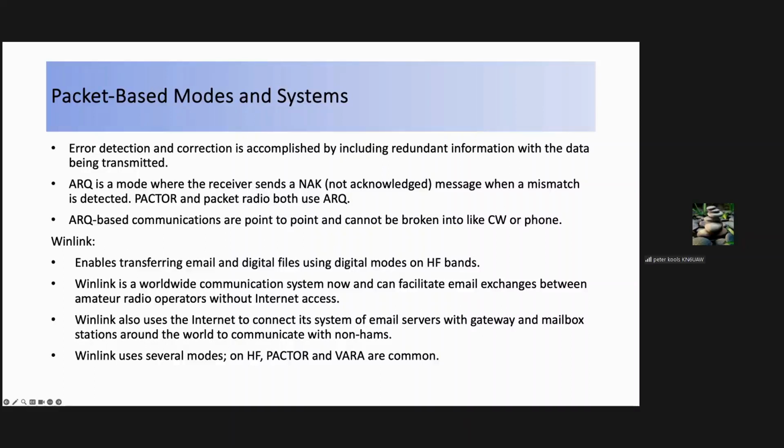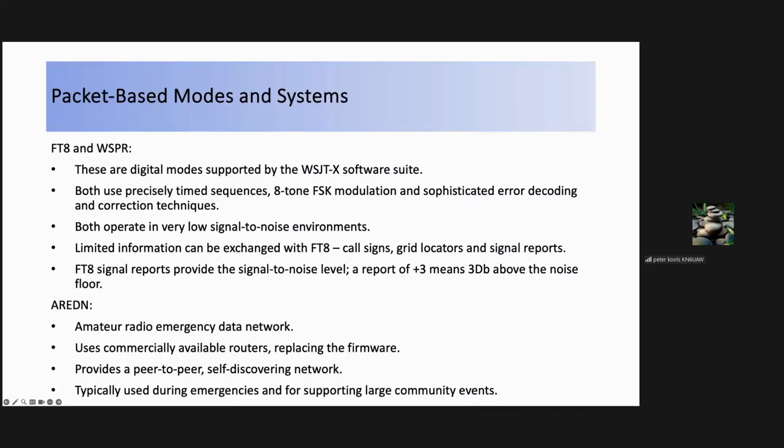And then specifically, WinLink uses several modes on HF. Pactor and VARA are both common modes. Other packet-based modes, we mentioned FT8 briefly a minute ago, and then Whisper, WSPR. There's a digital software package called WSJT-X, or software suite. And this is a set of applications that have been developed by ham radio operators to